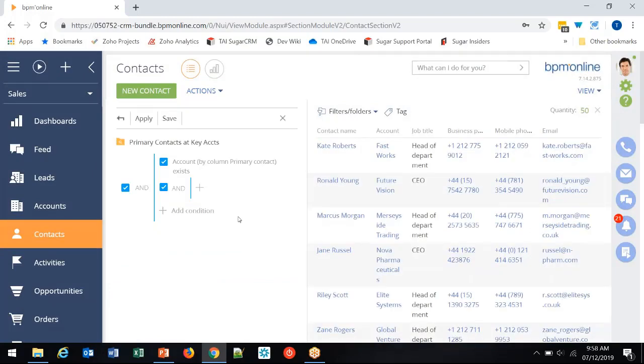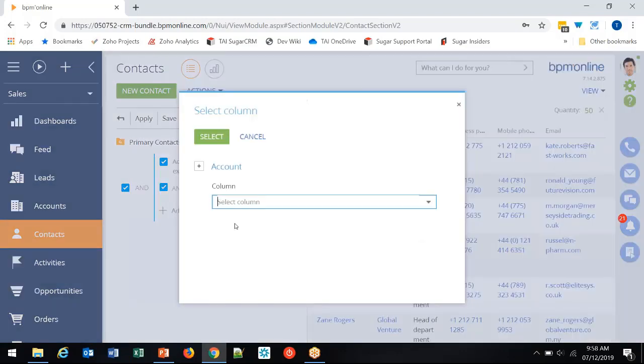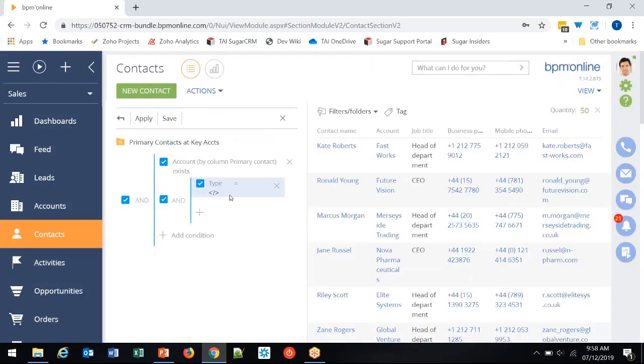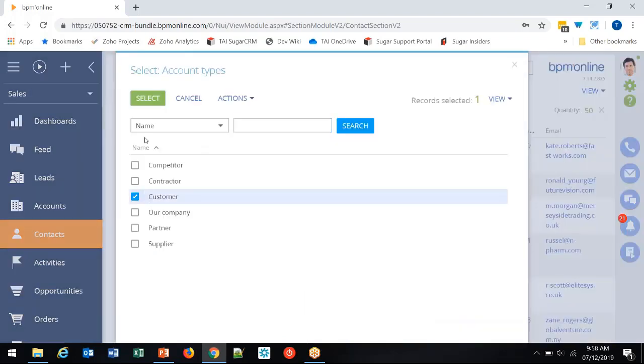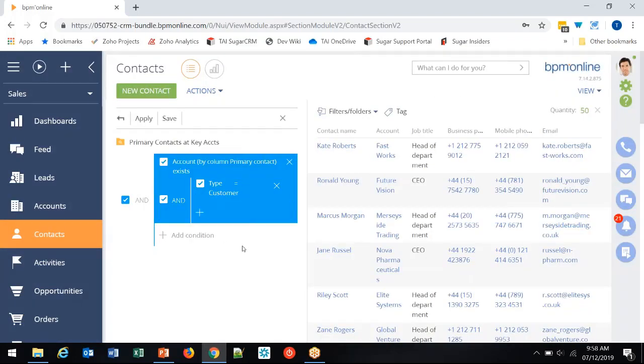And then it will bring up the filter builder with the filter from the previous folder already copied here. So we already have the account with primary contact exists here. And I'm going to go ahead and add a couple more conditions. I want to do a quick example of grouping conditions. So I'm going to put some conditions in at the account level with my indented plus button here. I'm going to put a condition in for type is customer, and I'm going to add